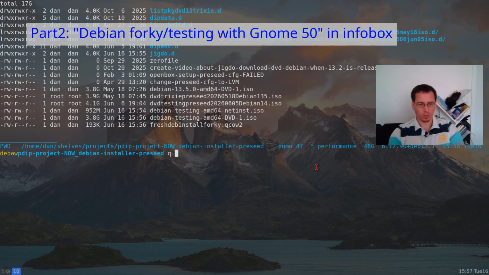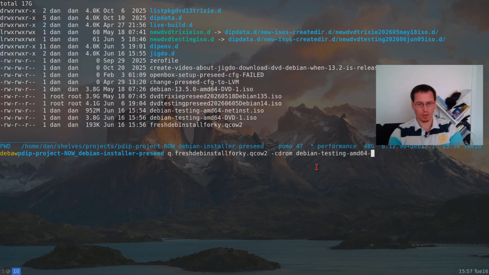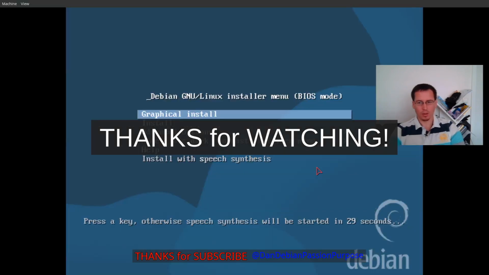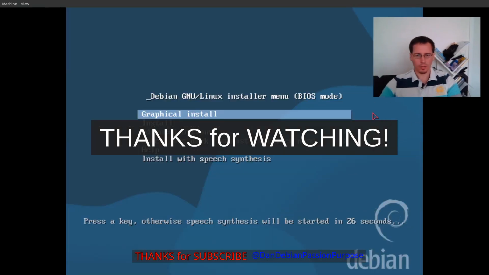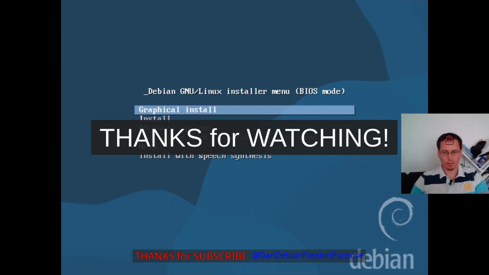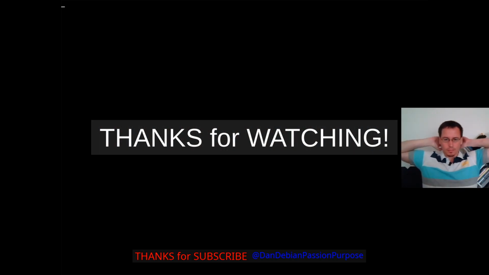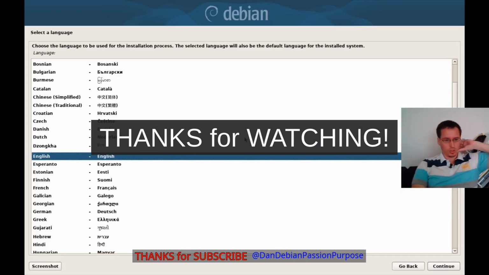I start a virtual machine with q, and let's start, this is the disk, and then -cdrom. I give now the Debian testing DVD, and then we start a virtual machine. And now we have the Debian installer here. Now we can execute a graphical install. And then I just jump to the installation, and just as an example, I downloaded the new fresh installation,